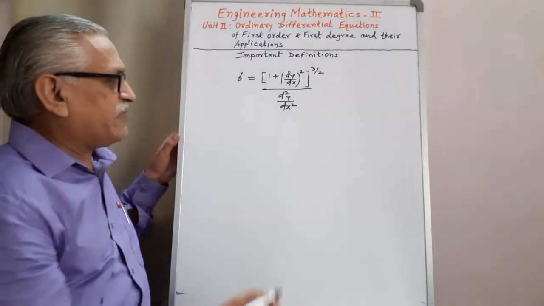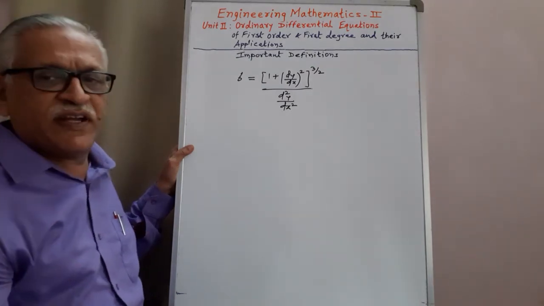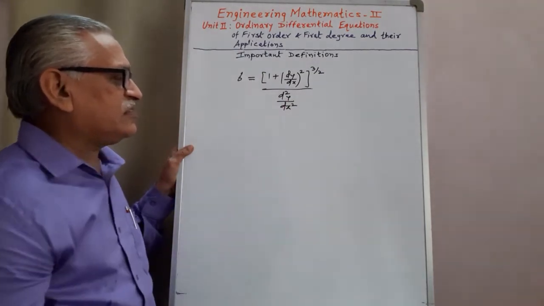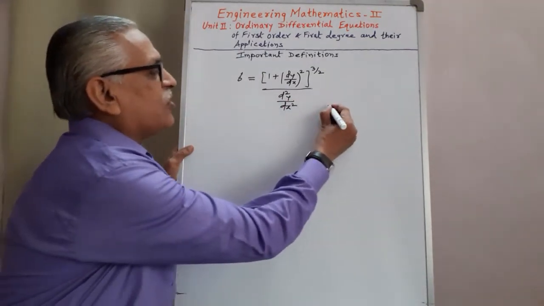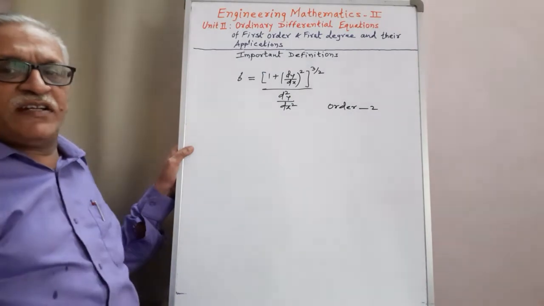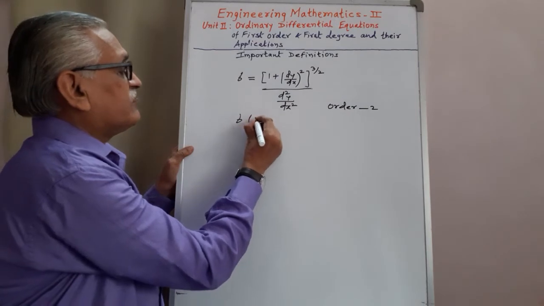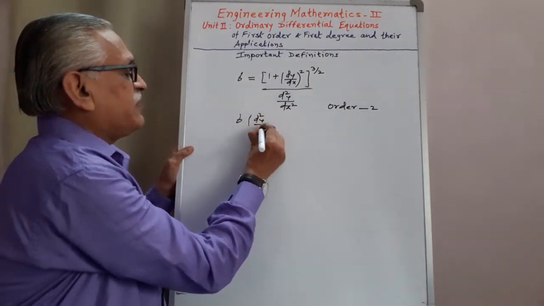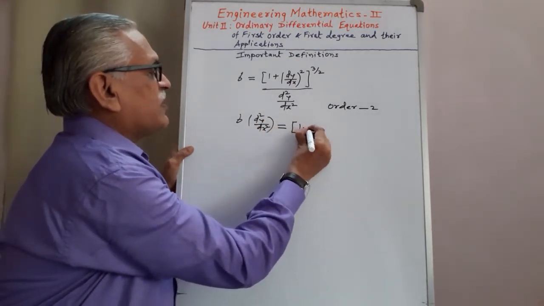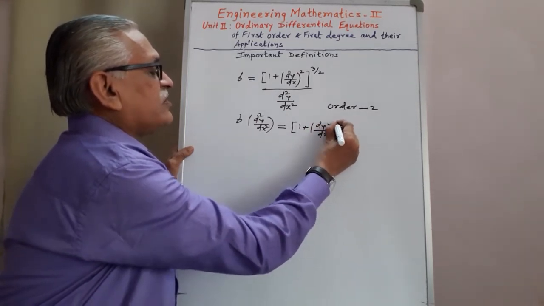Another example to determine the degree. There are two terms of derivative. One is dy by dx and second one is d2y by dx square. Therefore highest order derivative term is of order 2, and therefore the order of this differential equation is 2. And to determine the degree, we have to rewrite it. Therefore it is rho into d2y by dx square is equals to 1 plus dy by dx bracket square and raised to